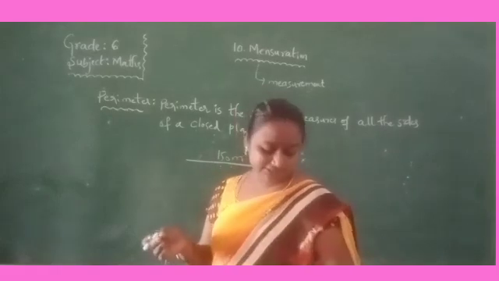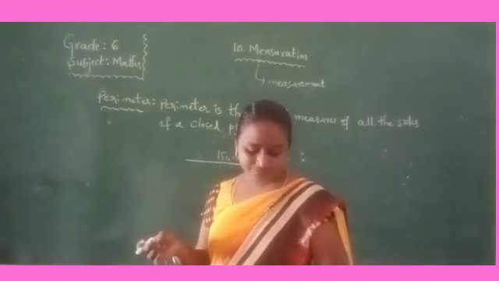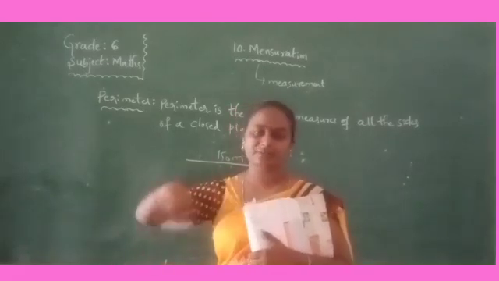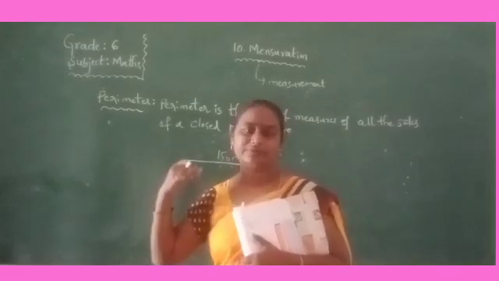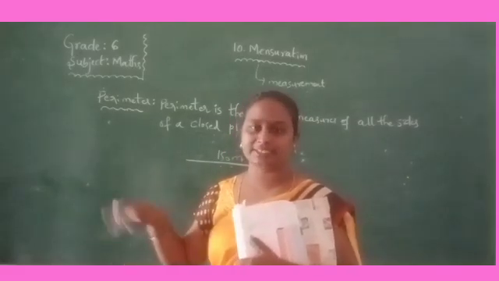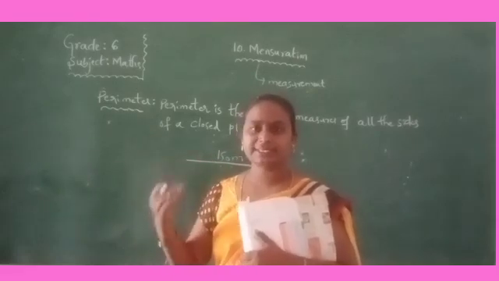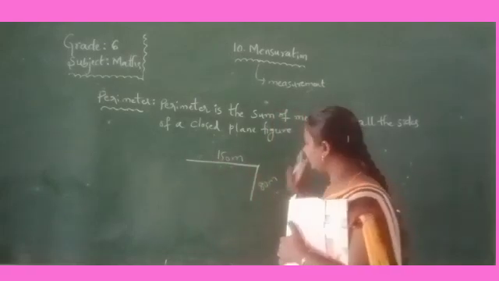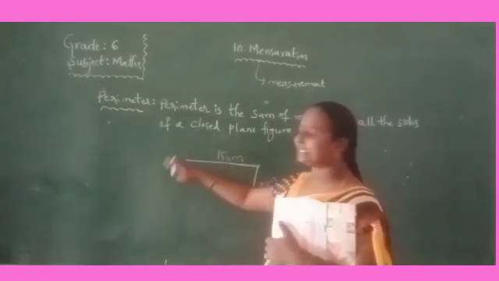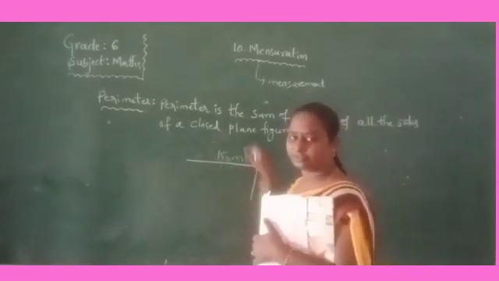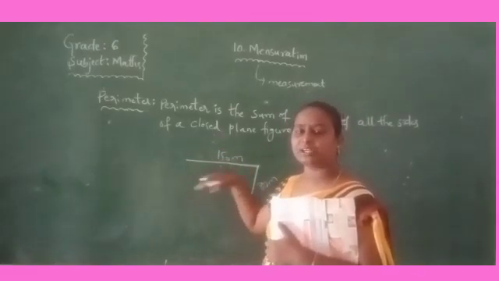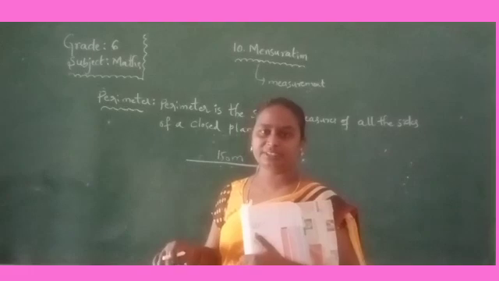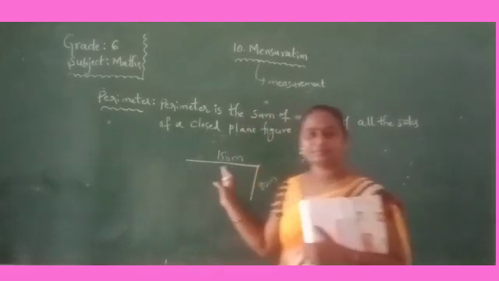So what did she do here? She has done one complete round. Suppose you go to a park, all members are walking around the park. Like that, she went to a park. The park has a length of 150 meters and the width is 80 meters. She has completed one round around the park. So how many meters? What is the perimeter? How much distance has she covered?